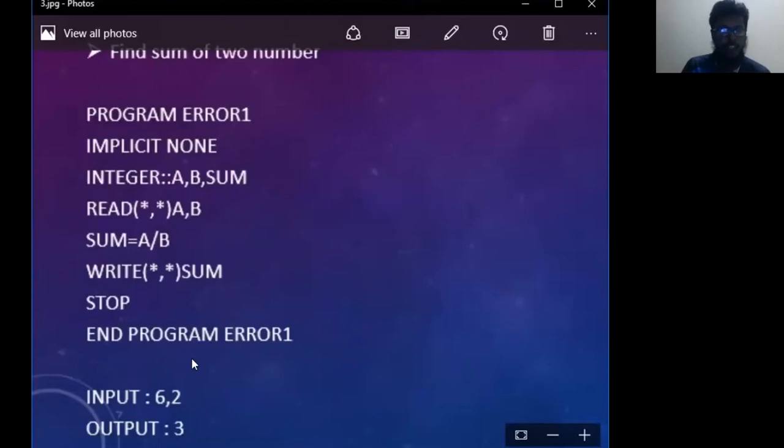But we can see that the output shows the result is 3. Why? Because we have an error. Where is the error? In the fifth line of this program, for the two integers a and b, there must be a sign of addition. But here it is a divide sign. This is an error and it's called a logical error.